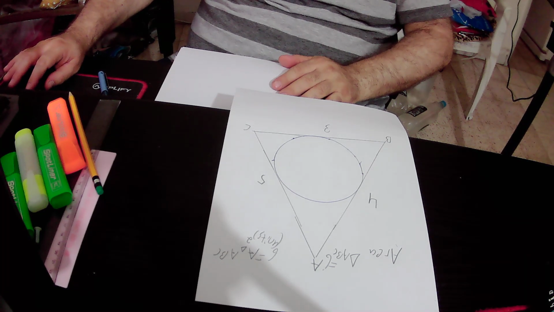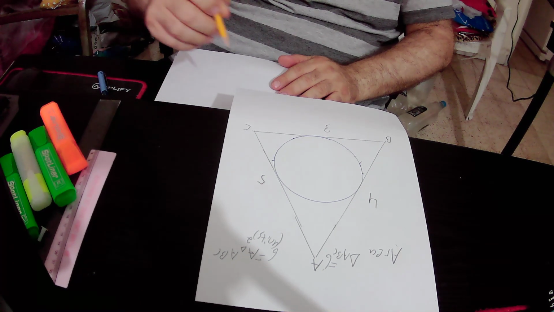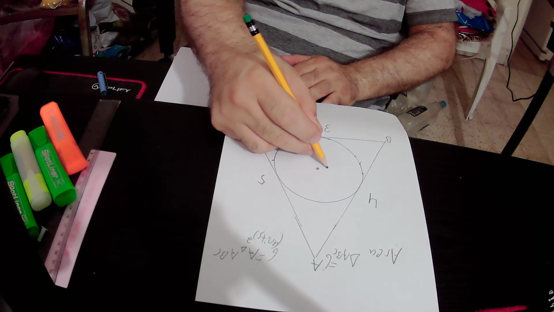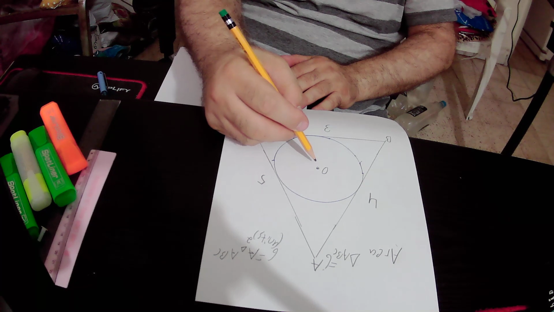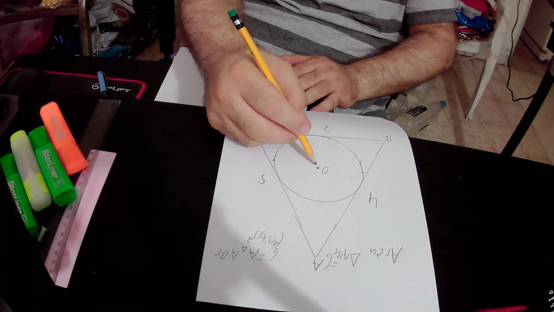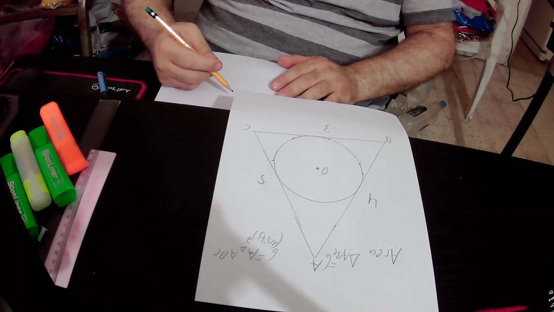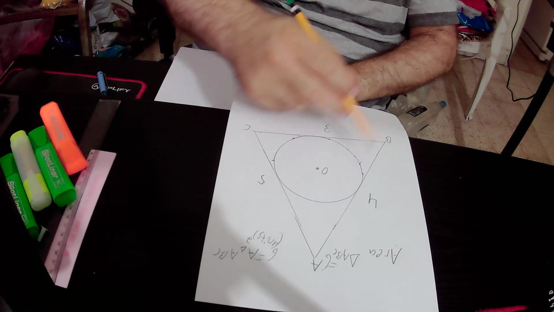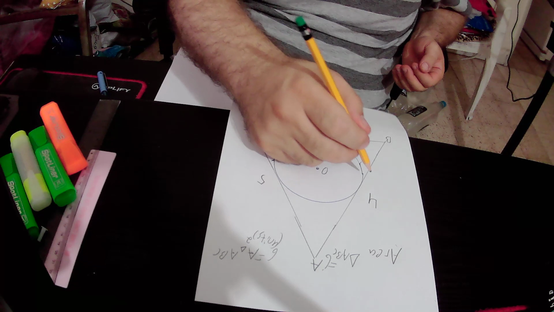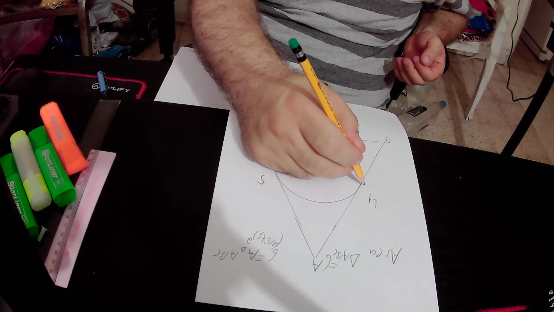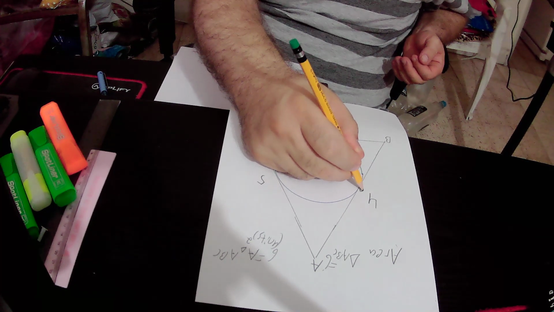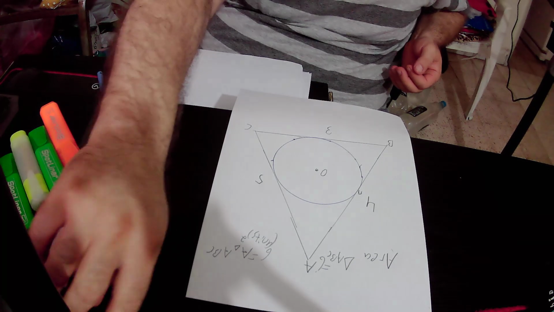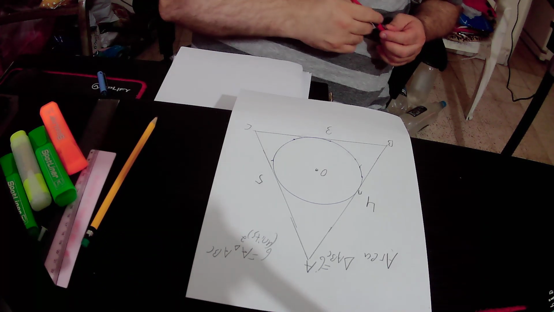and in the first step we will define the center of this circle as O. So point O is defined as the center of this circle, and then the touching point between side AB of the triangle and the circle will be defined as N, or we can say that side AB of the triangle is tangent to the circle at point N,